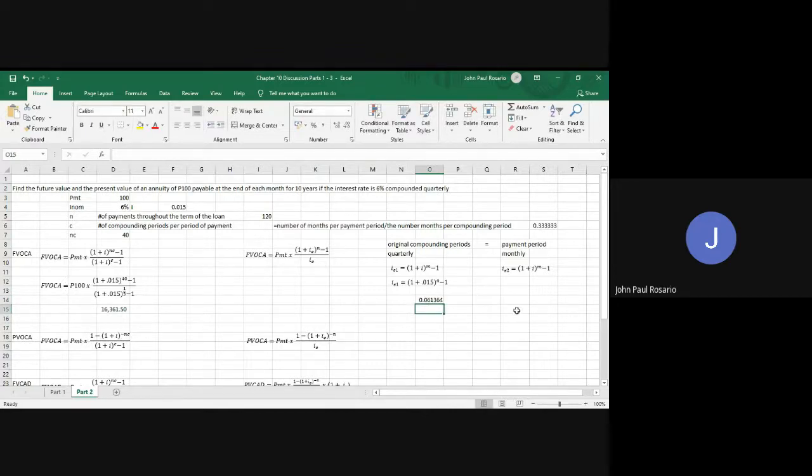This is our IE1. Then our IE2 is 1 plus I, where our I is unknown, but we know our M, which is monthly, so 12, minus 1. Now, we know that IE1 is equal to IE2, so we can substitute IE2 here with